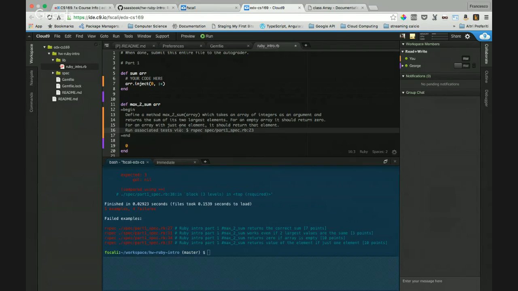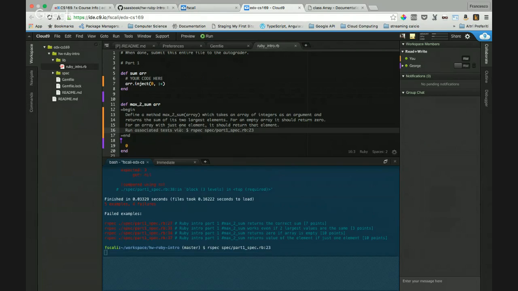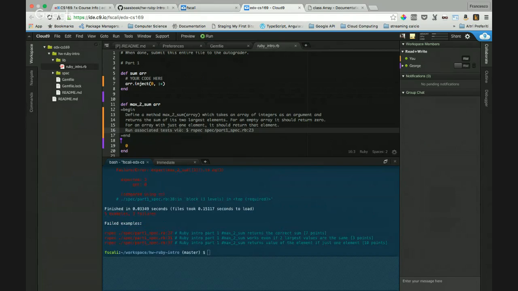And do I need to save the file? Yeah, it is Command S or Control S, I don't know. Okay. And the test passed. So you can do the other.